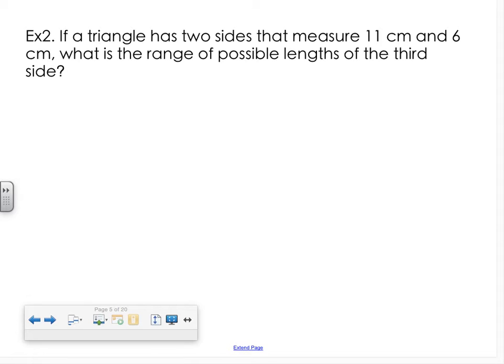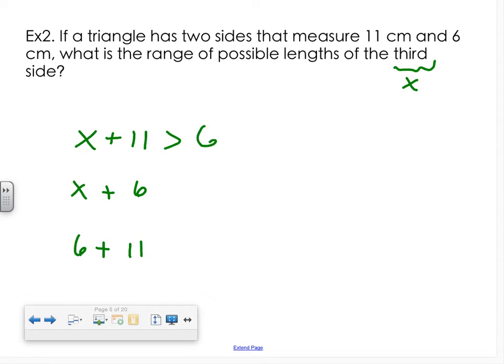So I know if I call the third side x, I'm going to think about every combination of the two. So I can put x and 11 together, I can put x and 6 together, and I can put 6 and 11 together. And I know it always has to be greater than the third. So this would be greater than 6, this would be greater than 11, this would be greater than x. And then if I simplify these inequalities,